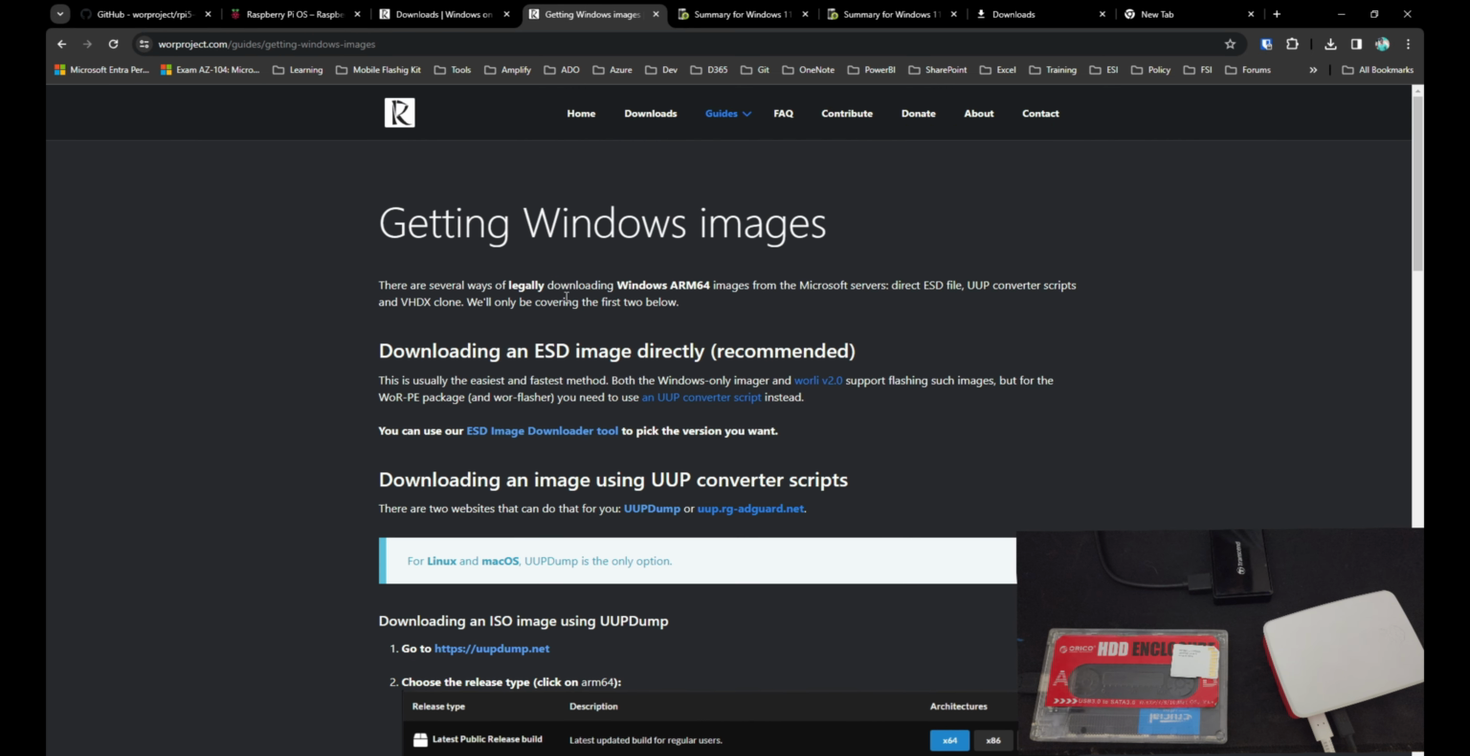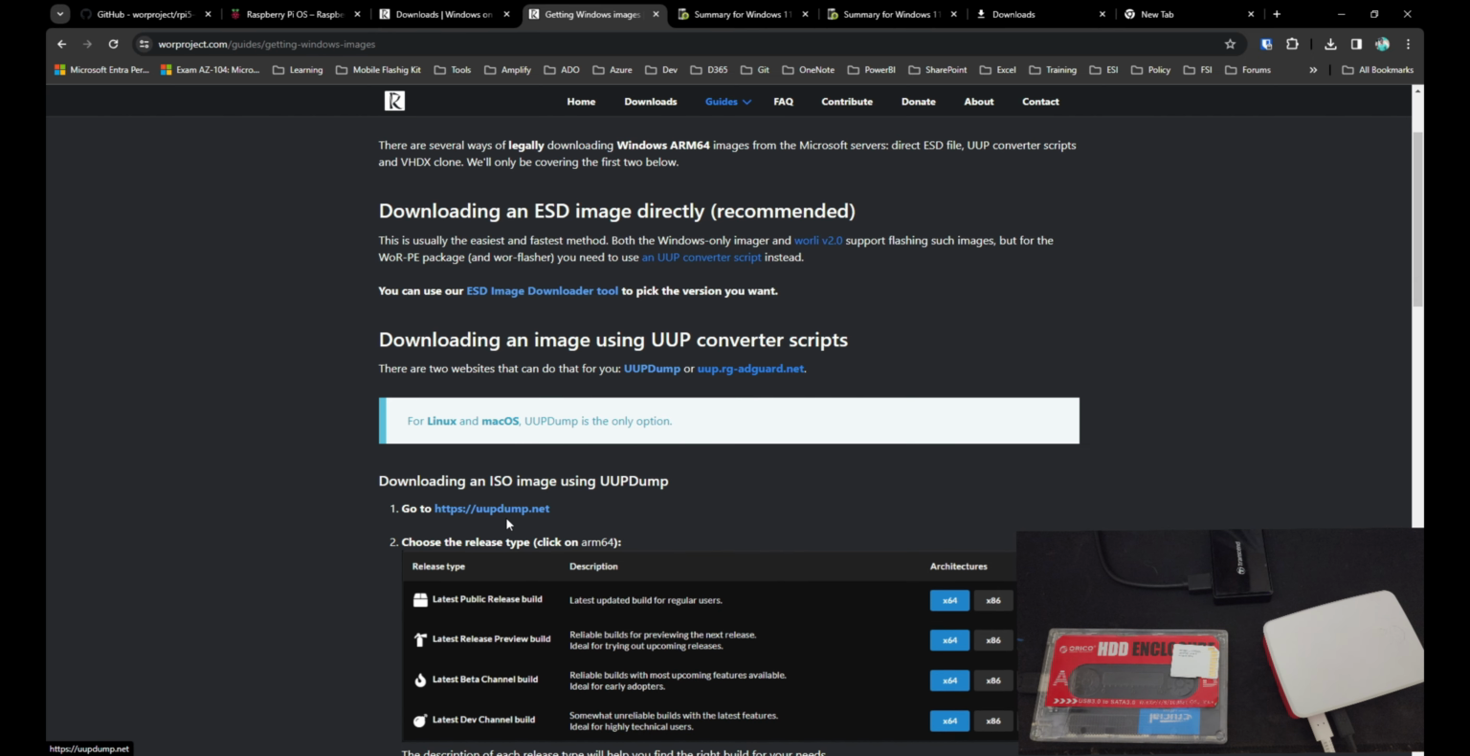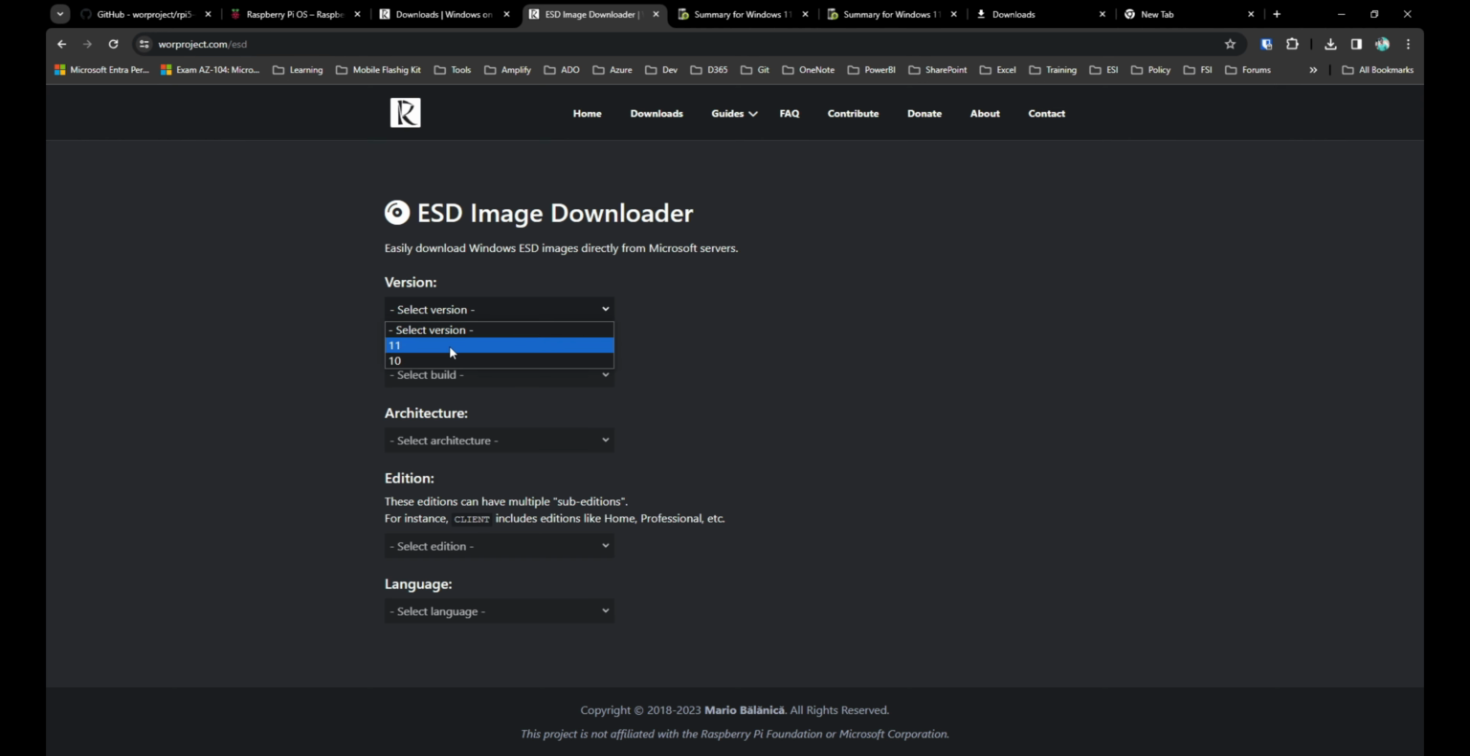Again, there are two ways that you can do that. One way is that you use their inbuilt tool to download the image, or you can download the image using UUP dump. Okay, so the first way is that you go to this downloader, you select the version of your